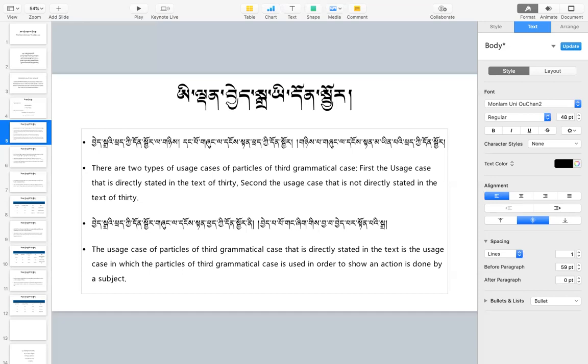Chede take it to enjoy shongla ngode take it to enjoy nis. So the usage case of the particles of third grammatical case, which are directly stated and apparent in the text. So the usage case that the text includes as a writing, which is directly stated, directly understood, not inferentially. So that particular usage case, so this is